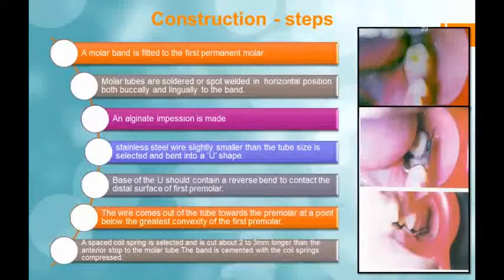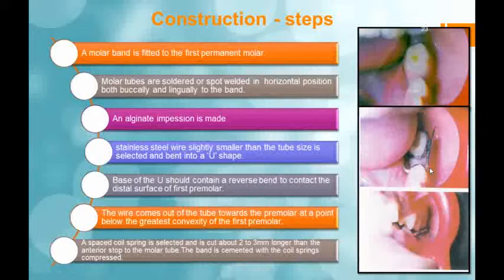The construction steps of the appliance include: a molar band is fitted first onto the first permanent molar, and the molar tube after that is soldered or spot welded in the horizontal position both buccally and lingually to the band, and after that an impression is made. A stainless steel wire slightly smaller than the tube size is selected and it is bent in a U shape. After that, the base of the U should contain a reverse bend to contact the distal surface of the first premolar, and the wire